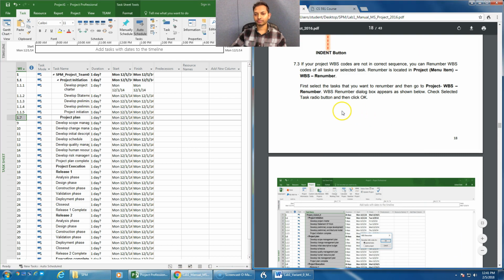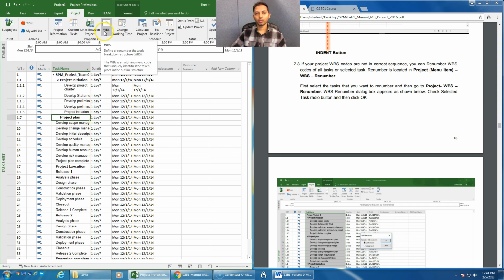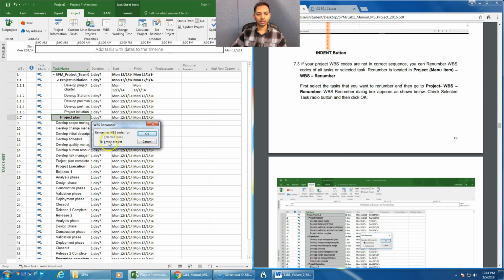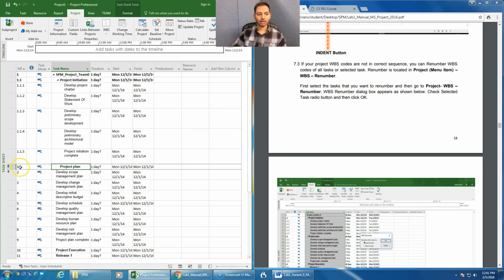To do that, all you need to do is select the task that you want to renumber, click on project, click on WBS, then click on renumber, and you have to select entire project and click OK and click yes. So now you see it's 1.2. Okay,